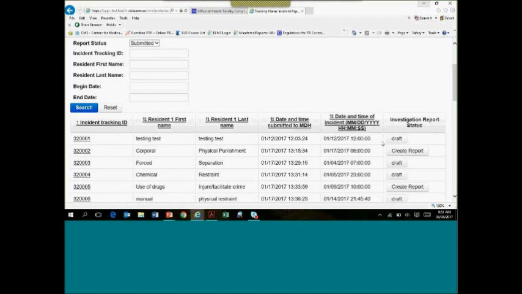320001. And if you notice, their investigation report status says draft. So someone already started this investigative report, but it hasn't yet been submitted. If it says draft, it's been started but not submitted. If it says create report, it hasn't been started at all. And if it says submitted in this column, that means the investigative report has in fact been submitted